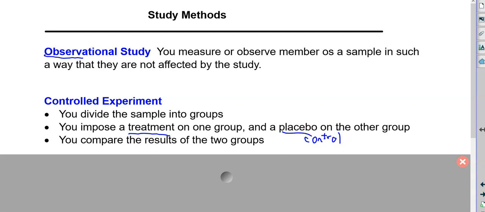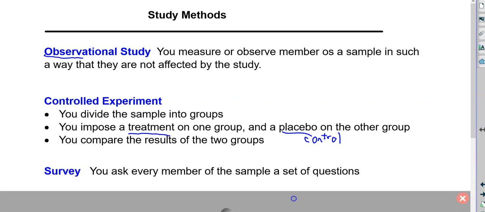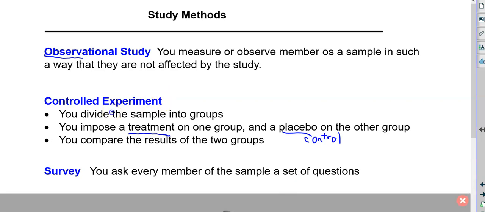And so we can compare the results of the group that got the medicine to the results of the group that thought they got the medicine, but really got a sugar pill called the placebo. If the group that took the drug really did lower their cholesterol quite a bit more than the control group, then you might have a winning experiment there. Experimentation can prove causation. If you have an experiment, it can prove that one thing is causing another.